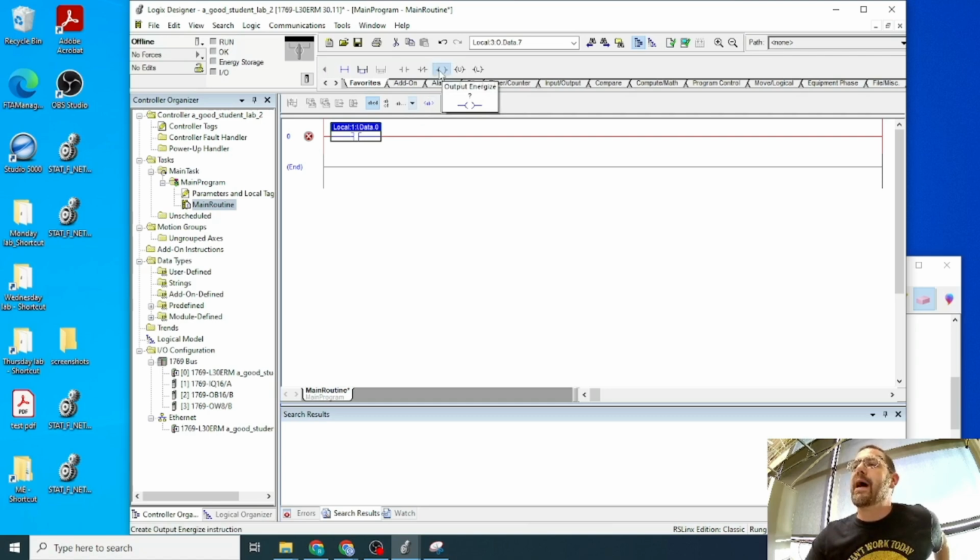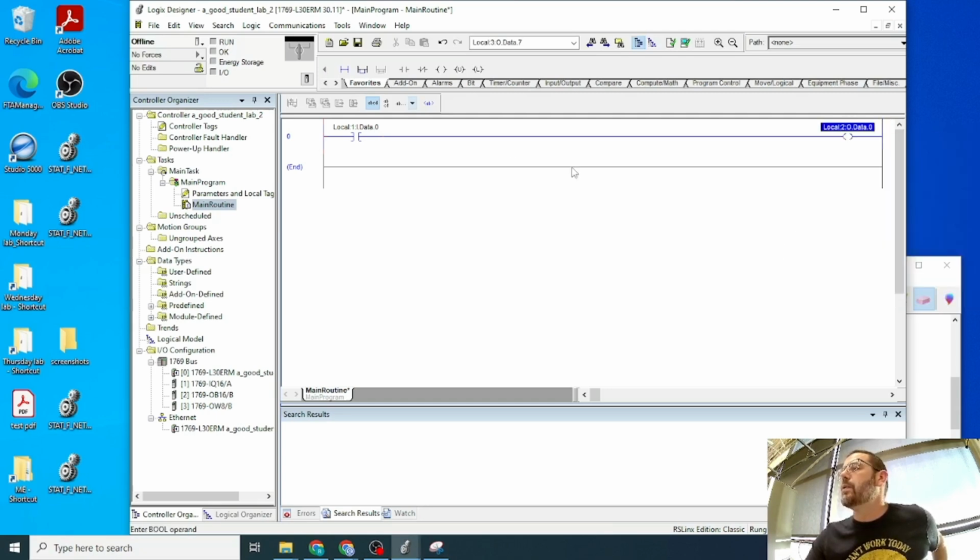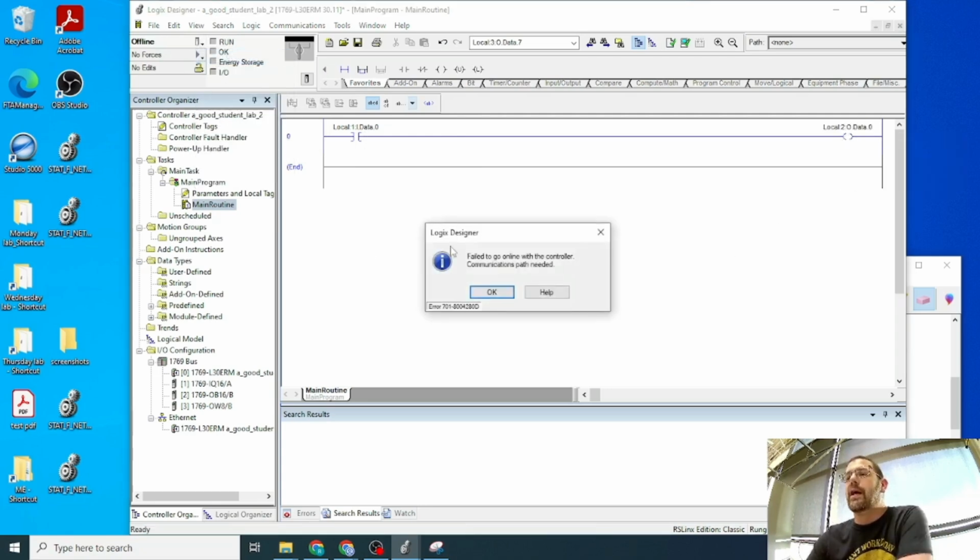And then we're going to grab output energize. And we're going to connect this output. Again, I'm going to type LO. It's going to autocomplete. And I know that I want LO to out data 0. So local 1, local meaning my PLC, slot 1, input data 0, my PLC local, slot 2, output data 0. And if I then go online,